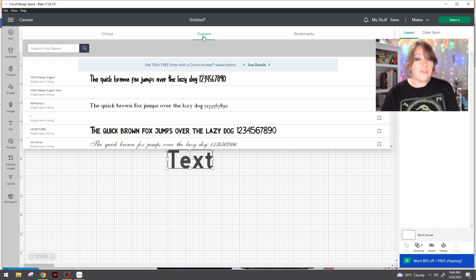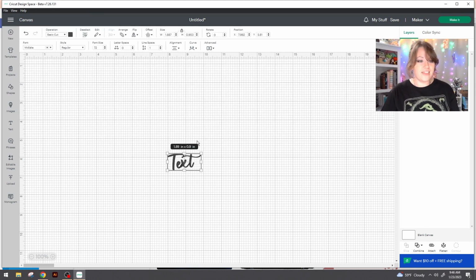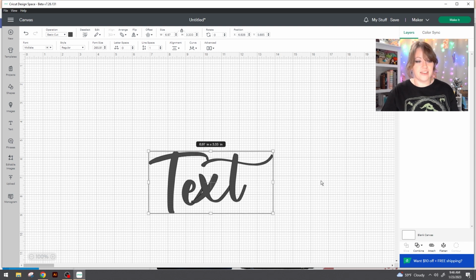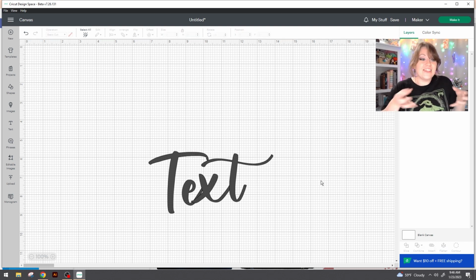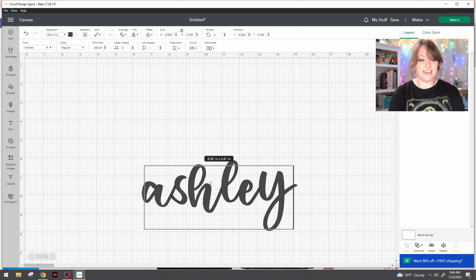This is everything that you've installed on your computer. Now, if you know the name of the font that you just installed, you can actually type it up here. But if you're just wanting to browse, you can use the scroll bar down here and you can go through the thousands of fonts that you probably have installed on your computer. We actually installed Midlake, so I'm going to find that and we're going to pop that up. As you can see here, the text has now been changed